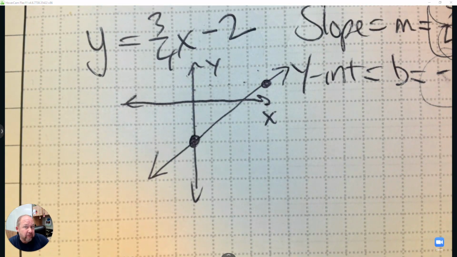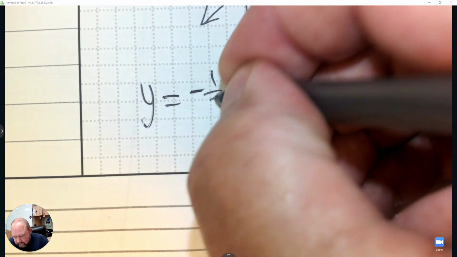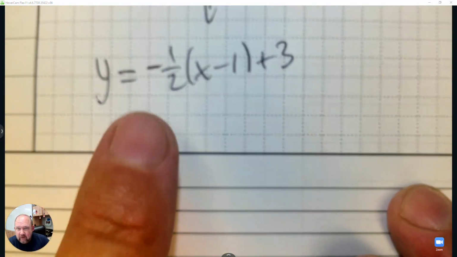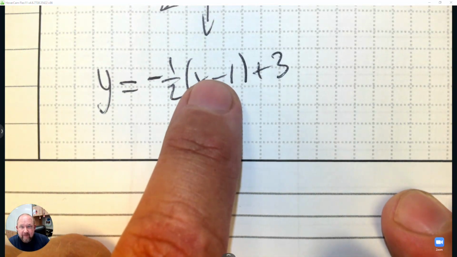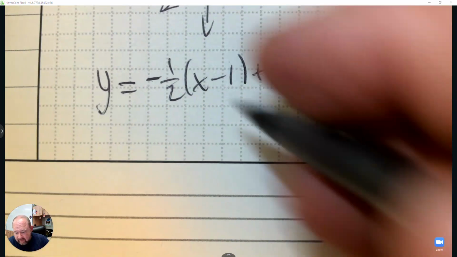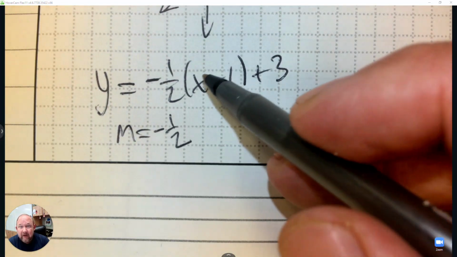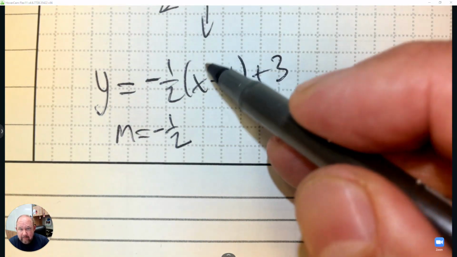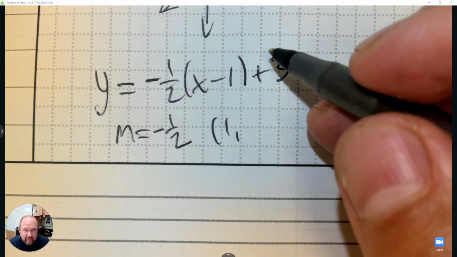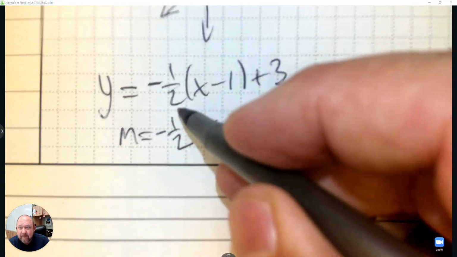Now sometimes the line can be in different forms. So sometimes it could be, let's do this form. This is called HK form, or sometimes it's called point slope form. This is another quick way to graph. In this form, the first number you see is the slope, but instead of being given the y-intercept, we're given a point on the graph that we're going to plot. Inside the parentheses, we're always going to be the opposite sign of the number that we see. So it's going to be +1. What's outside the parentheses stays what it is. That's +3. So we're going to start with a point, and then from the point, we're going to do the